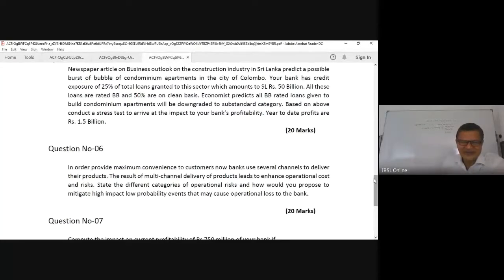Here I would ask you to propose different categories of operational risk. Now, I gave a chart, which I cannot exactly remember myself, to write all that. In that chart, from this side, I wrote